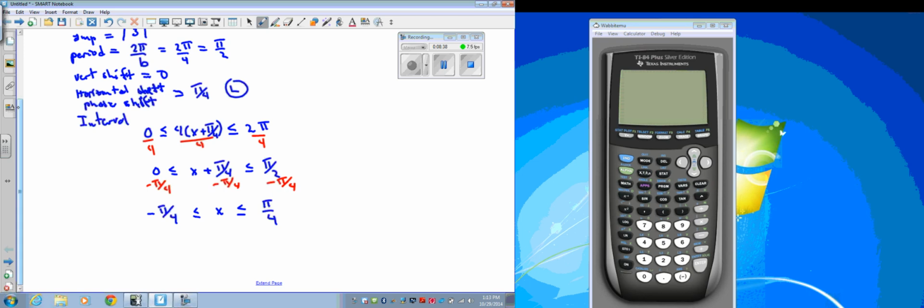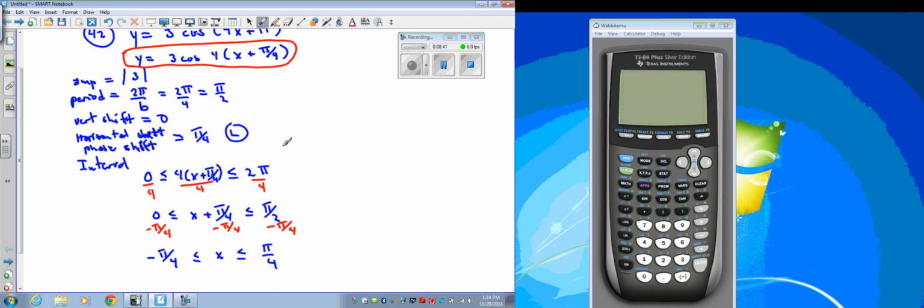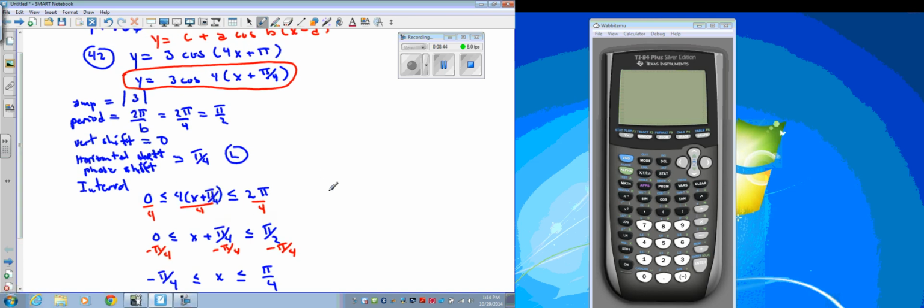Now, James, in order to show you that no matter which way we do this, we're going to have that same thing. I'll do it 0 less than or equal to, which is less than or equal to 2 pi, and then I'll put it in this way: 4x plus pi. Okay. Now, when it's this way, I have to subtract pi first. See, when it's written this way, I divide by 4 first. Correct? So this one, I have to subtract pi first. I could divide by 4, but then I'd get pi over 4 here. So I subtract pi,